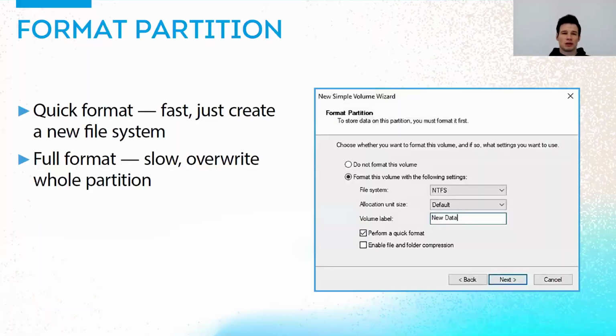First of all, we need to understand how formatting actually works. In the Windows operating system, we have two options. We have quick format, which is fast: you just need to create a new file system and there you go. And we have full format, which is slow, because it takes time to overwrite the whole partition. Of course, most of the time users of PCs don't want to wait. They just need a quick solution, and that's why most of the time they use the quick format option,